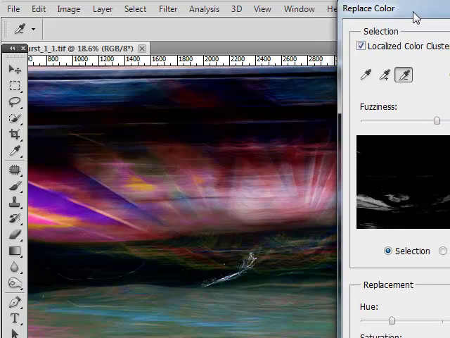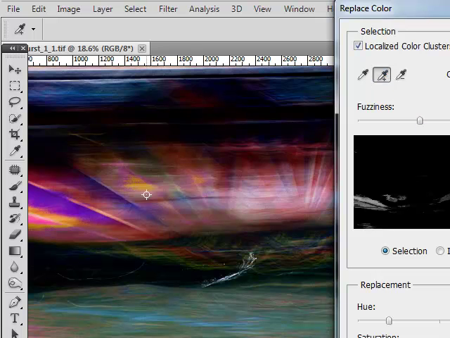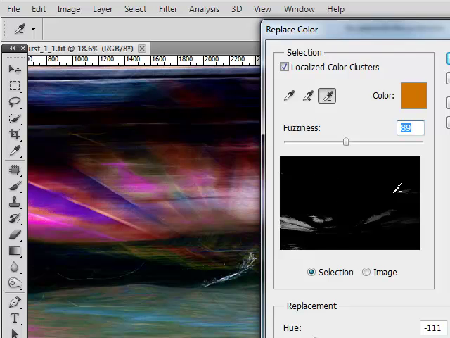Can I restore some of that with the fuzziness slider? Not really. I'm kind of losing my yellows. I'm losing a lot of my yellows there. I might want to bring that guy just back in again. There we go. But in any event, use your negative eyedropper if you find that you're selecting too much in